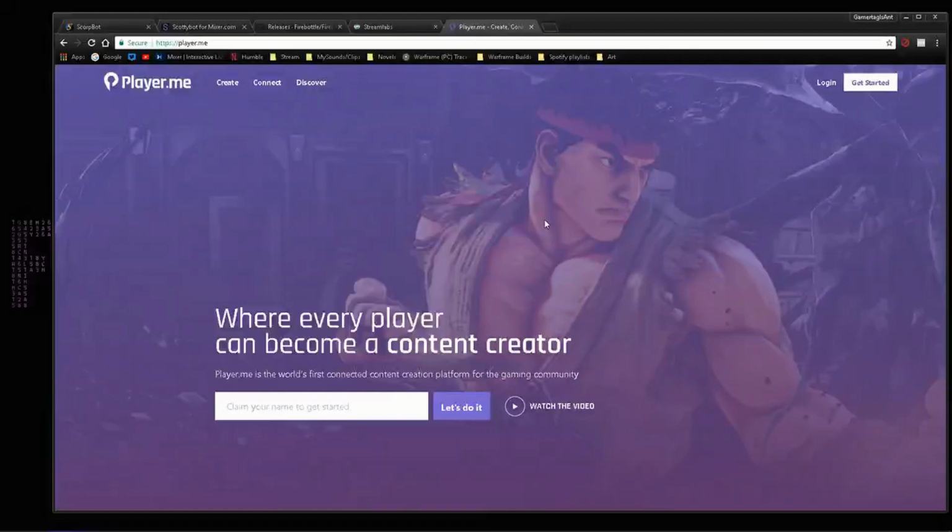Like if you just want one URL, like one browser source to go into your OBS to just get all of your overlay stuff, this is going to be the one. With Streamlabs, you have to pull up different widgets and then put them into your sources in OBS. Player.me just uses one, so it's really nice. We'll get into that, of course, in the next video. But yeah, so that's it for that. We've got a few of your bots, and then your two overlay items, and now we will move on